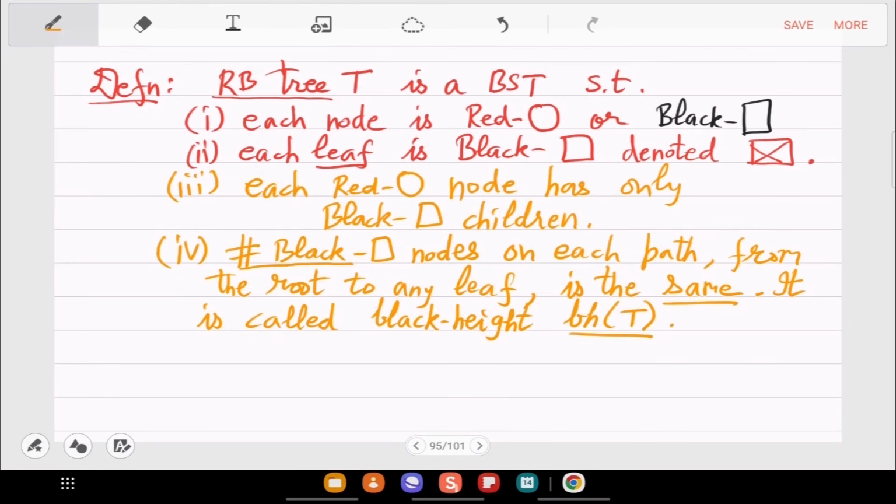This is a unique condition. Originally, the length of the paths could be different on different paths, and we only define the longest path as the height, but black height is very strict. Every path from root to leaf has to have the same black height. Is this clear? So this is the data structure which is called the red-black tree. It has tons of properties, and we'll try to pack those properties into details. So we have to go a bit fast on this.